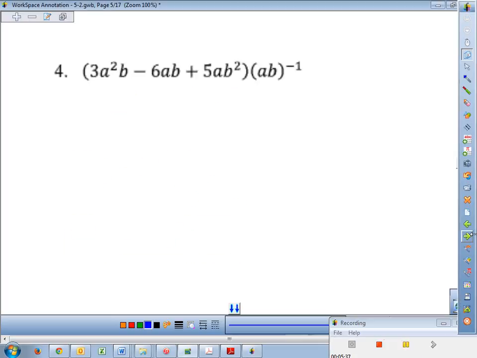One more. You don't have to rewrite it as one giant division problem, but I do want you to rewrite it as individual guys over the denominator. What's the denominator? AB. Because of that negative exponent right there, it changes house and goes downstairs. So